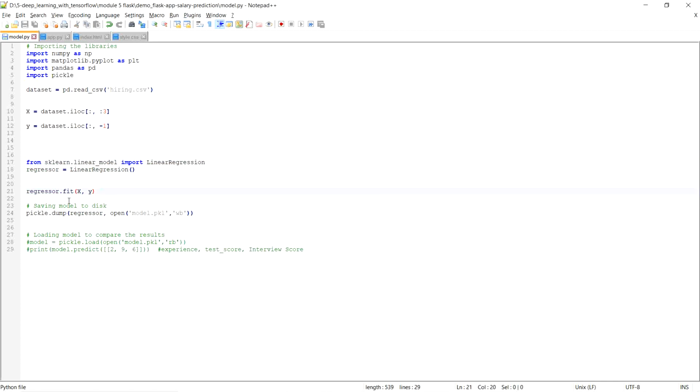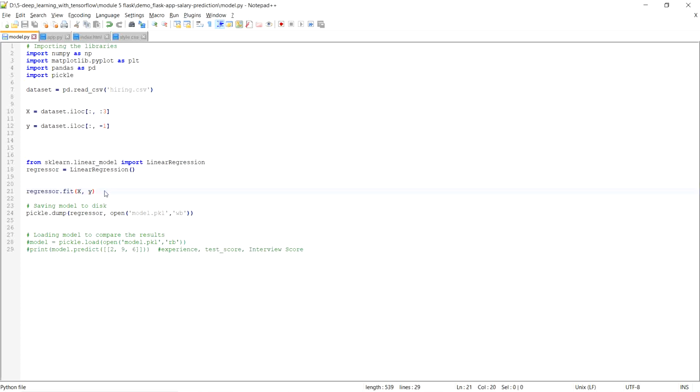Now, in machine learning, whenever we want to train our algorithm, we just need to use this fit method. Fit, and then we need to pass the data, meaning the dependent variable and the independent variable. So we have our data in x and y variables. Over here we have divided our data into x and y, so we are giving this data to our algorithm. On this data, our algorithm will get trained. Dot fit will train your algorithm.